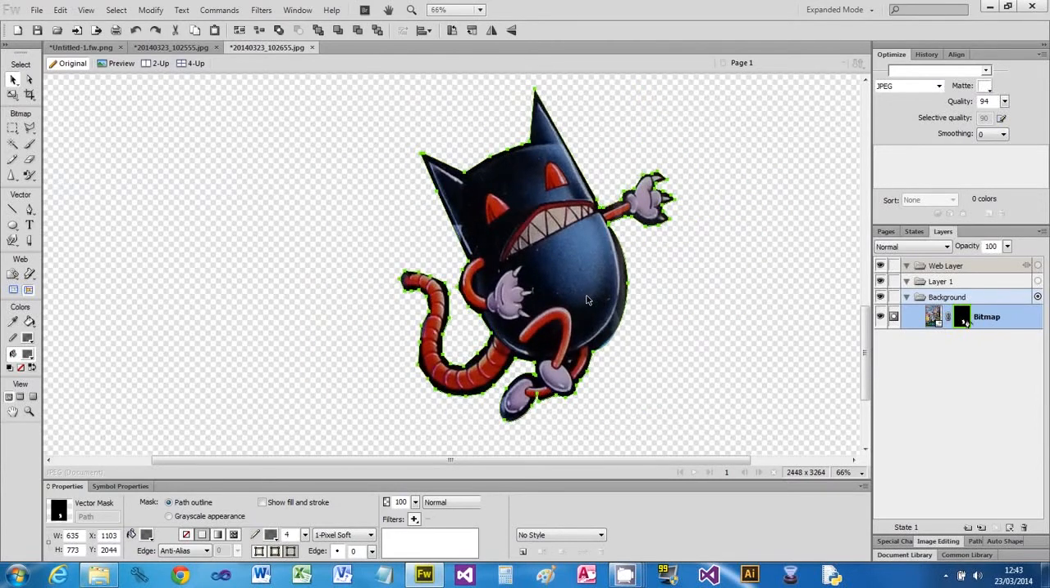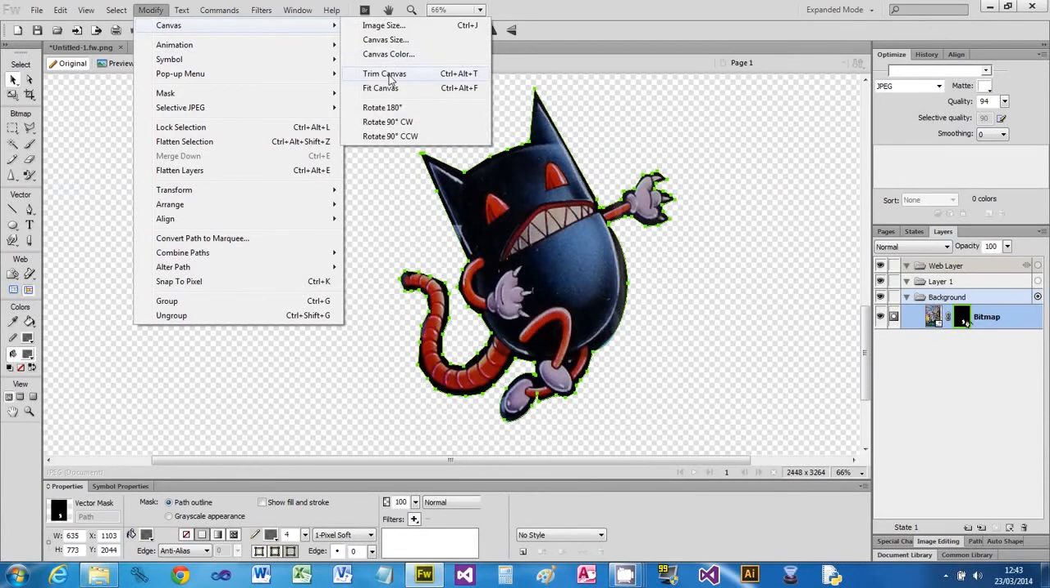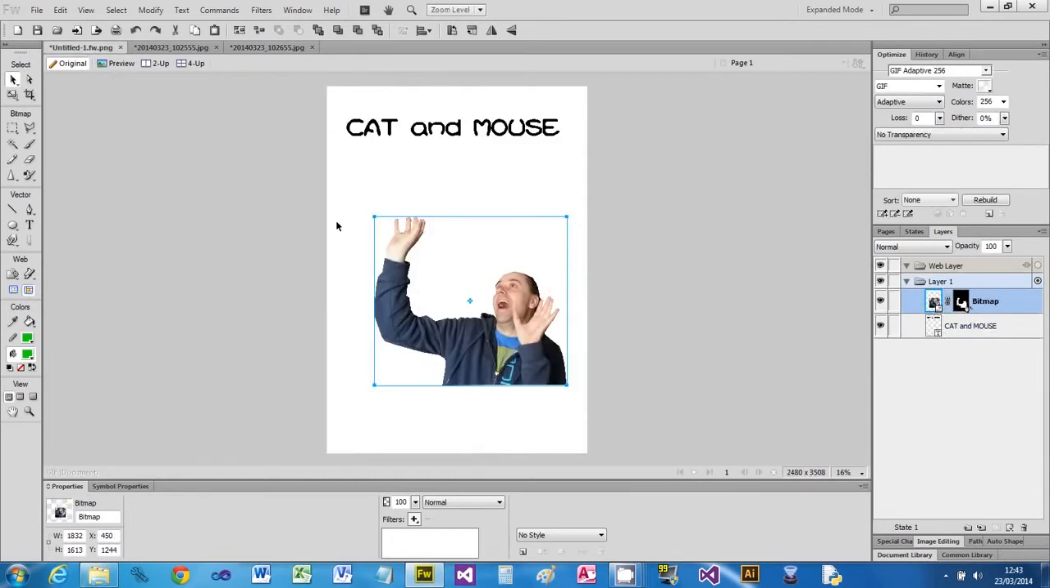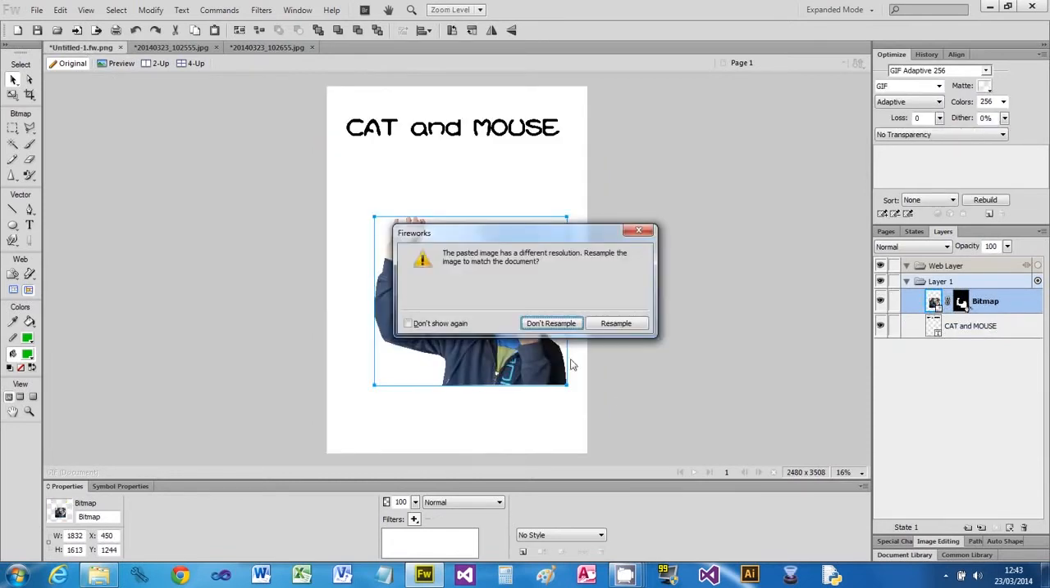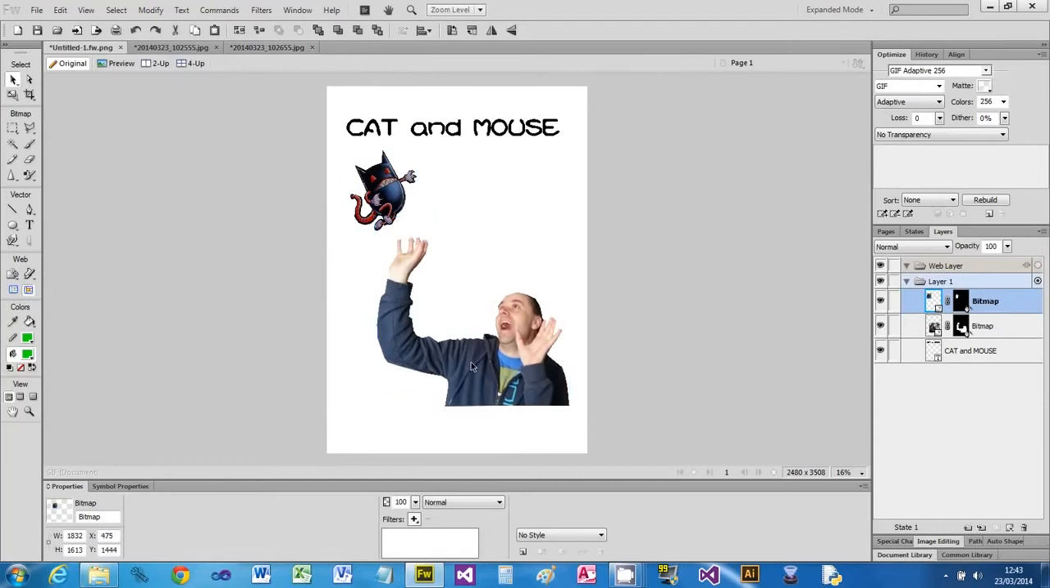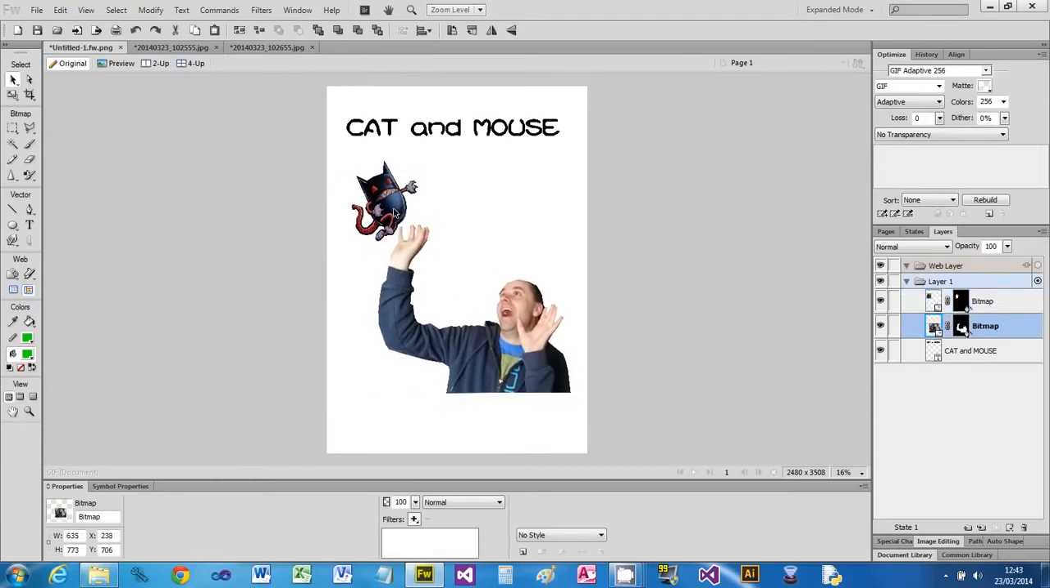Okay, but I need to trim the canvas. So let's go modify canvas, trim canvas. Okay, then I'm going to take my cat, copy it, put it into my poster. Again, I'll try don't resample. Yeah, that's about the size. And now you can see what I'm trying to do here. So I'm joining these two bits together,